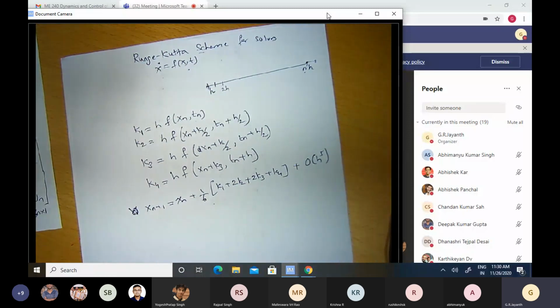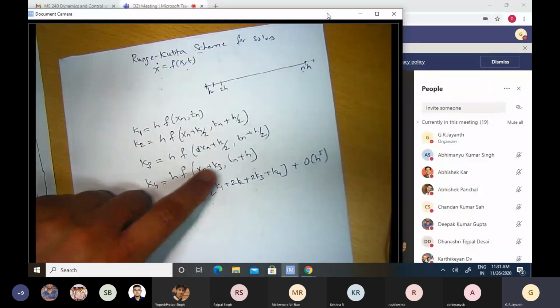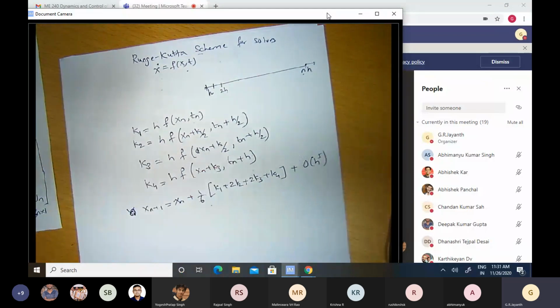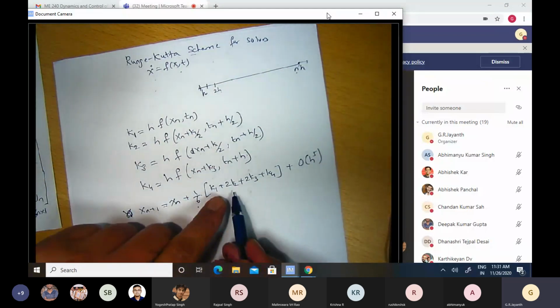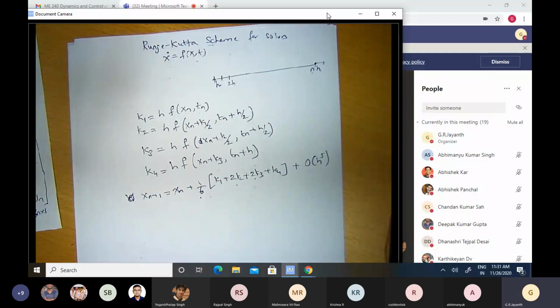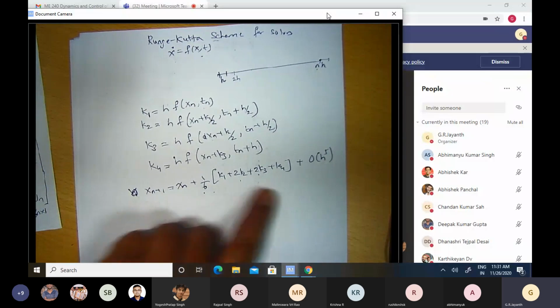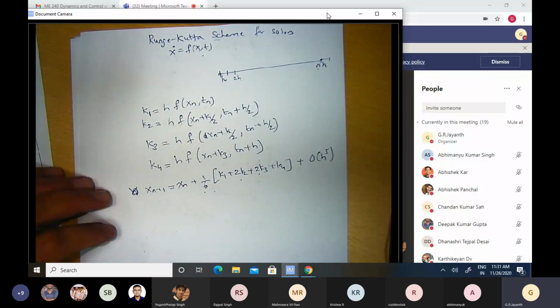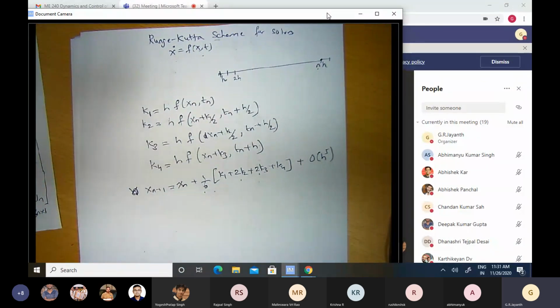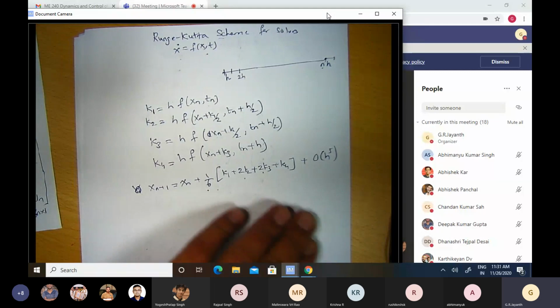Now you might wonder why am I getting k1 by 2 here and h by 2 here and only k3 there and only h here, and why am I having 1 by 6 here, why am I having 2 here? All these answers are provided by mathematicians. So when you do a Taylor series expansion and approximate them, it turns out that these coefficients are the ones that give you the correct results. I don't have the time to get into that. Okay, that's outside the scope of this lecture. If you're interested, we can talk about it some other time. But there is a logic behind all of this.